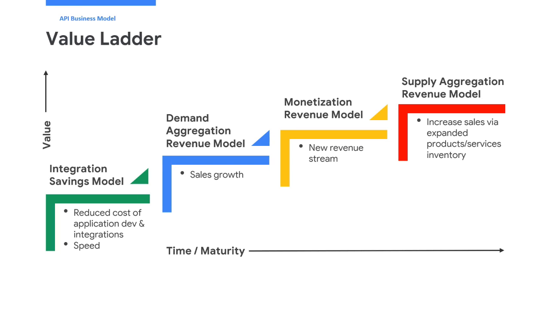Following the API value ladder helps organizations start with quickly achievable wins before tackling more complex challenges. Early wins from API initiatives help demonstrate the tangible value of API investments to stakeholders. When organizations can quickly show improvements, such as reduced development costs, increased customer engagement, or new revenue streams, they can justify further investments in API management, security, and platform development.